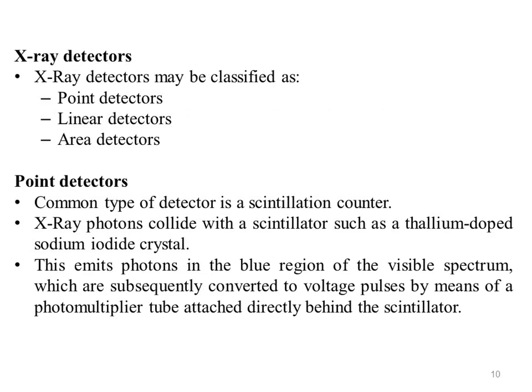Now we will discuss different detectors used in X-ray photodiffractometers. X-ray detectors may be classified as point, linear or area depending on whether they record the diffraction pattern in 0, 1 or 2 spatial dimensions. Point detectors must be scanned to measure the diffraction pattern, whereas linear or area detectors can be fixed.